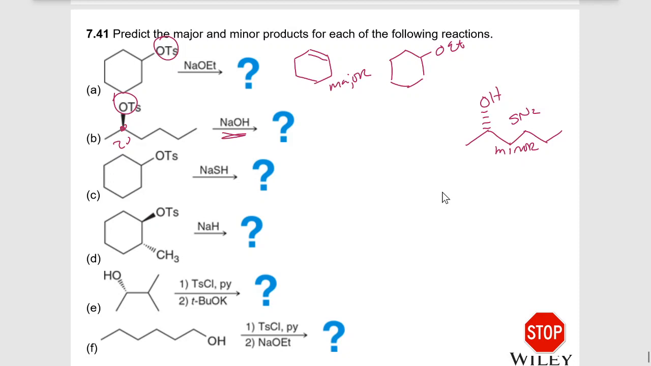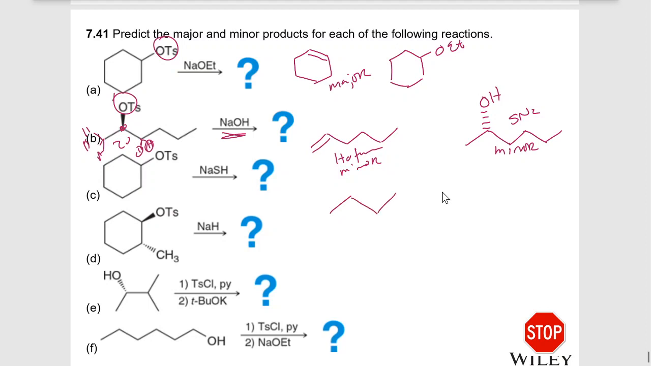E2 is going to be major, but we have two beta positions here, so we have regiochemistry at both. Okay, so if we eliminate from the end, we get the Hofmann product. So that's going to be a minor product with sodium hydroxide as our base. If we eliminate from one of those hydrogens, we have two possibilities. We can get,